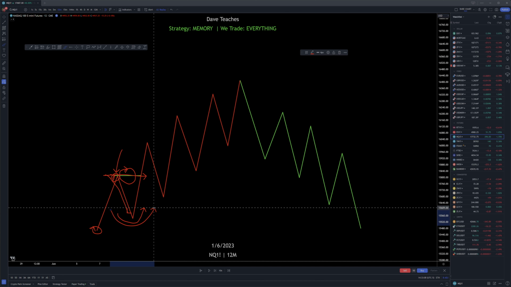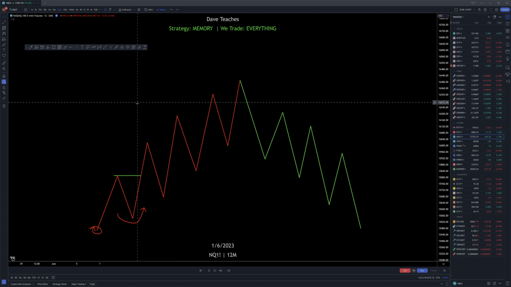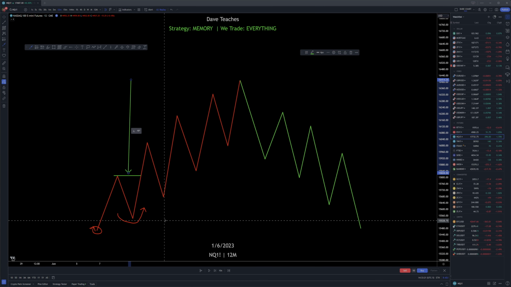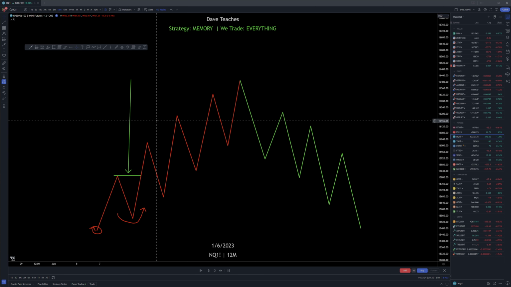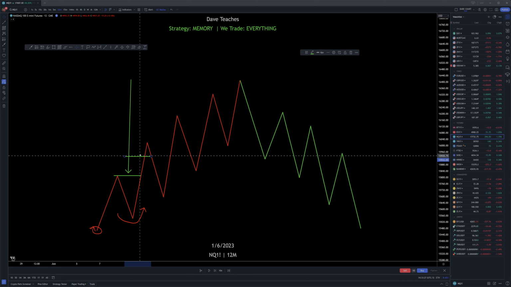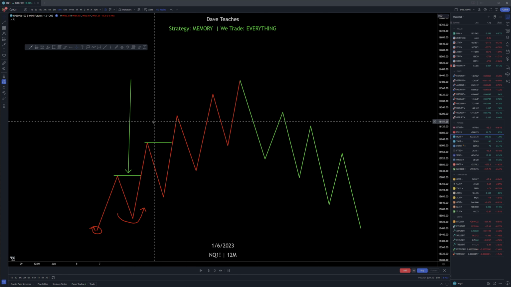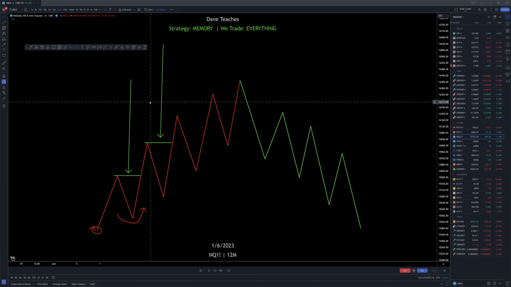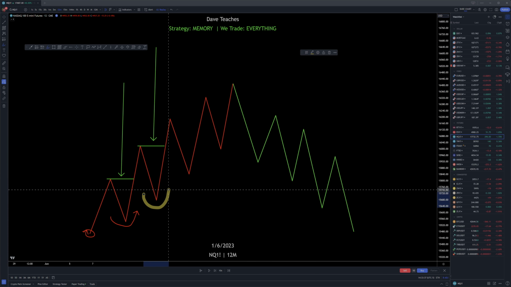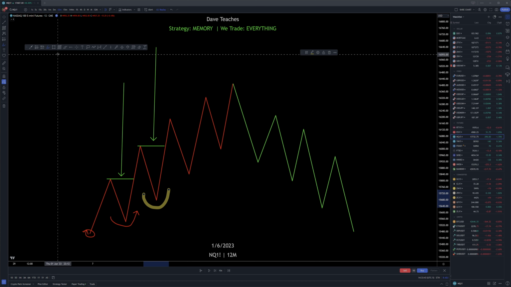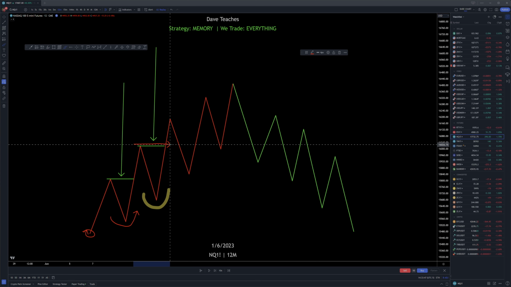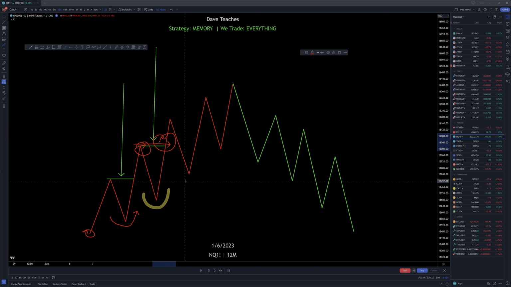It is not a protected or a validated low if we do not get a closure above that high. Likewise, right there, the next high, right? This low is not a validated or a protected low until we get up above that previous high and close, body close. You guys hear me? Body